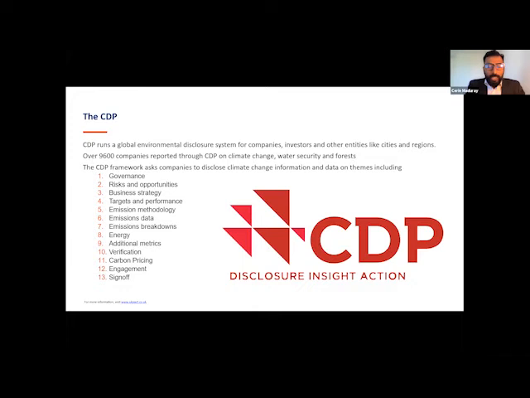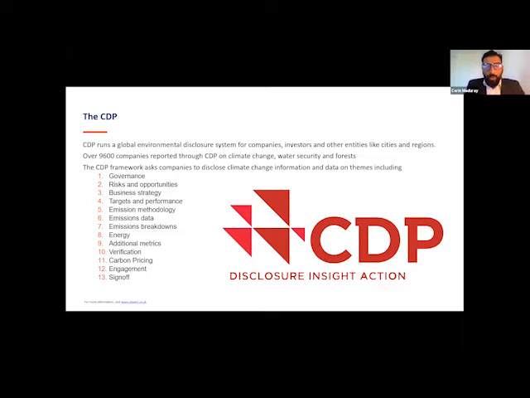I would like to take a moment to highlight the CDP. As mentioned, this is one of the most popular disclosure platforms and frameworks. Over 9,600 companies report through CDP, and many South African companies do so as well. The CDP framework covers a number of important areas, as shown on the screen, from governance to strategy to verification to energy, etc. The CDP's achievements represent milestones in climate-related risk disclosure. It is widely used by companies and investors, and although we don't have time to go through all of these,